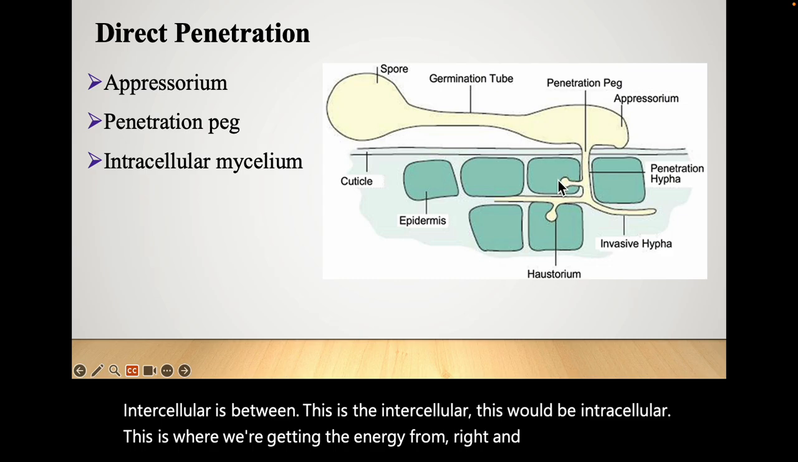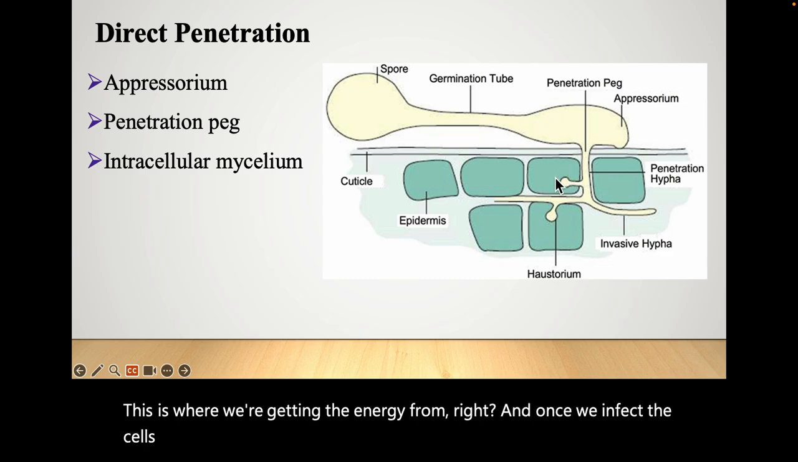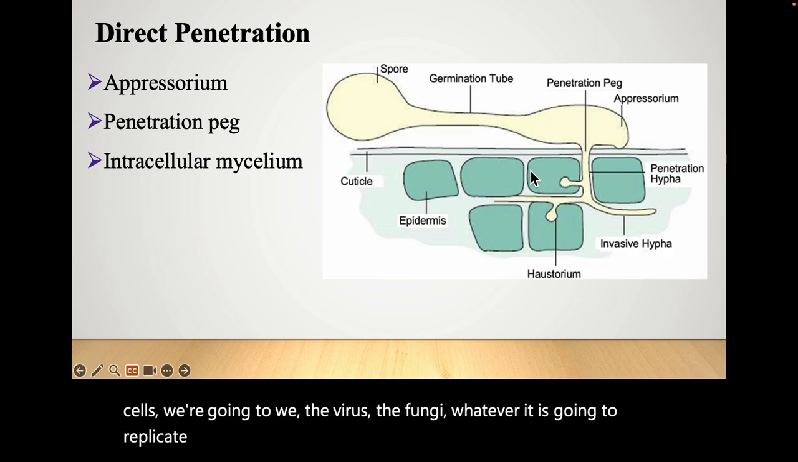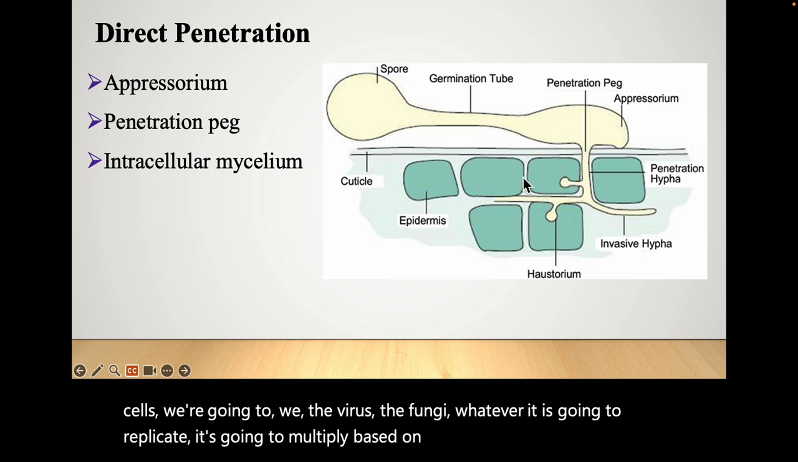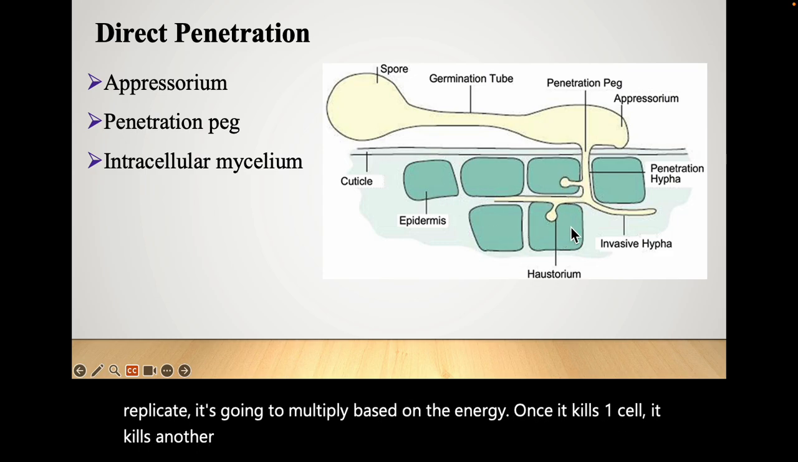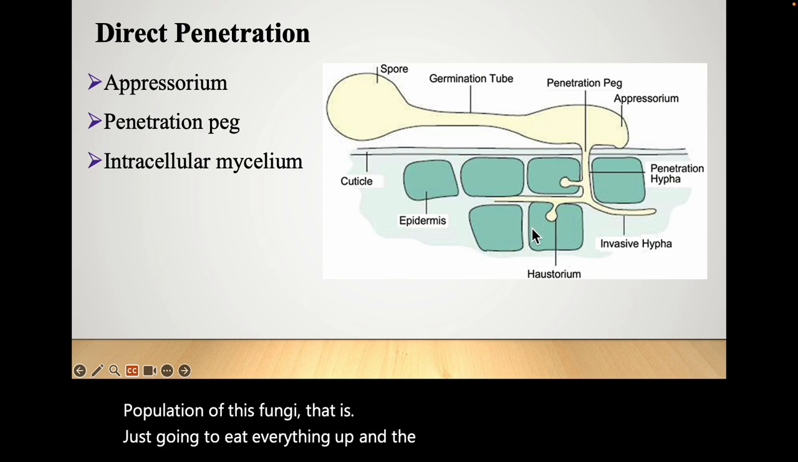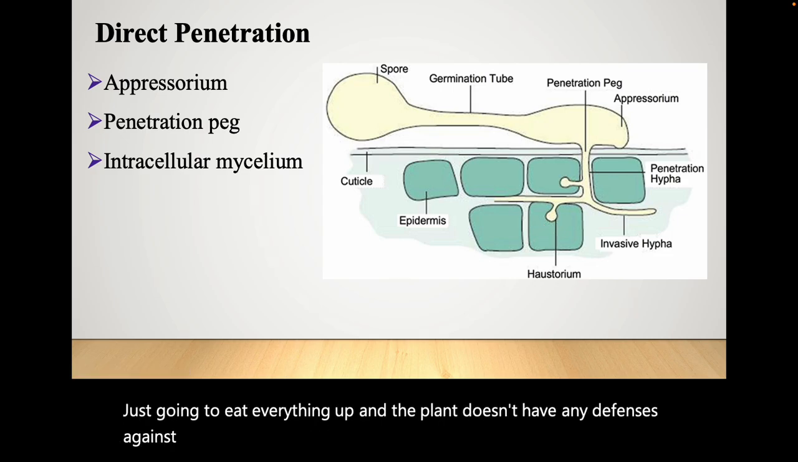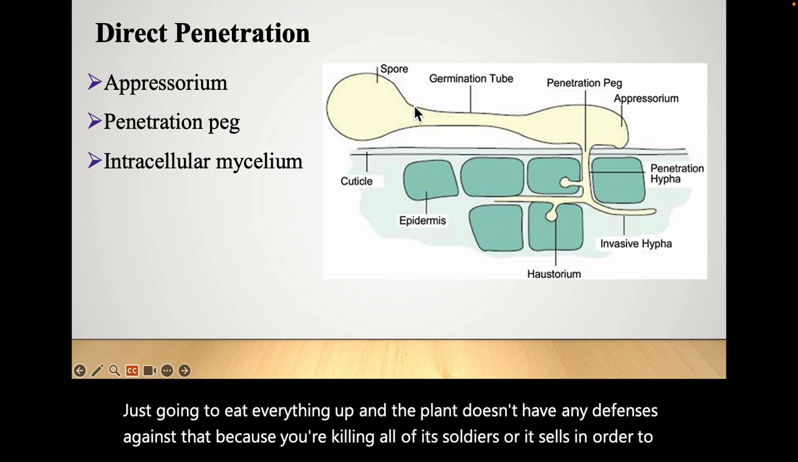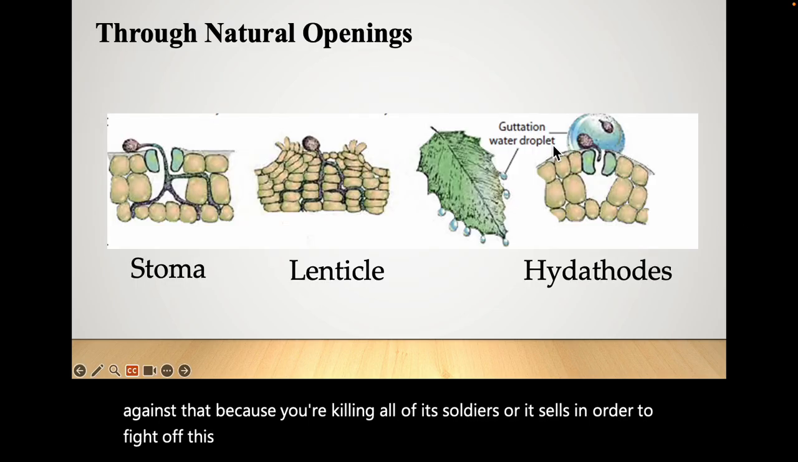And once we infect the cells, the virus, the fungi, whatever it is, is going to replicate. It's going to multiply based on the energy. Once it kills one cell, it kills another, it kills another. Now we've got this large population of this fungi that is just going to eat everything up. And the plant doesn't have any defenses against that, because you're killing all of its soldiers or its cells in order to fight off this infection. No different than